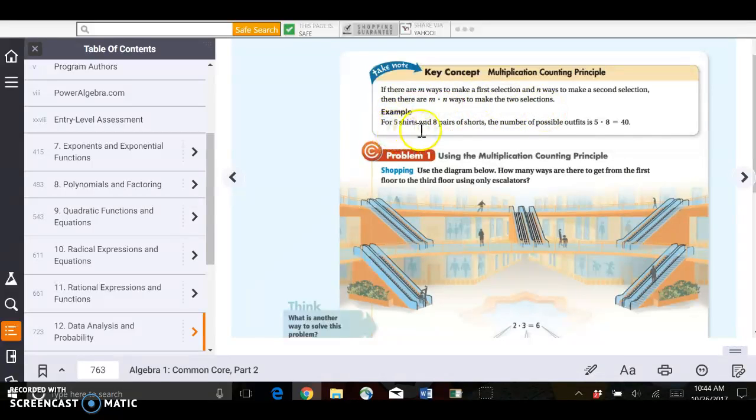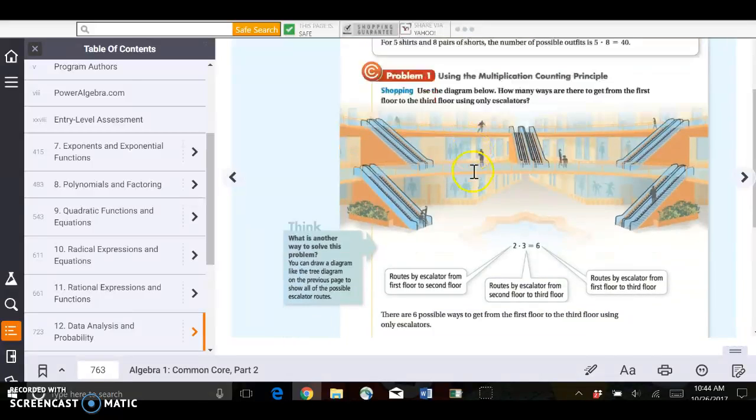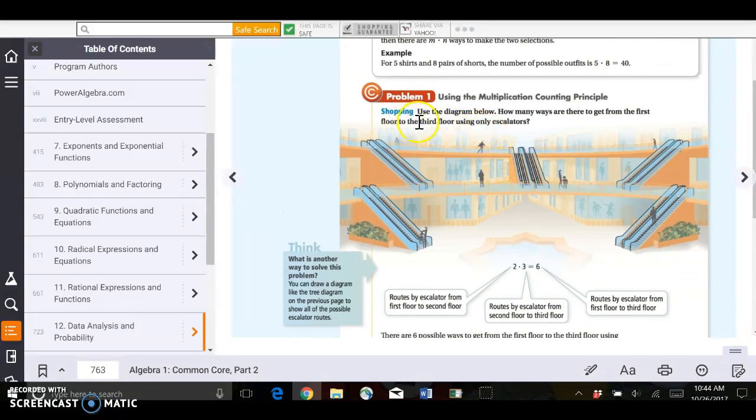So for example, if I have 5 shirts and 8 pair of shorts, the number of possible outcomes would be 5 times 8. So let's take a look at problem 1. It says, using the diagram below, how many ways are there to get from the first floor to the third floor using only escalators? Okay, so it says to look at the diagram, but I believe the diagram is a